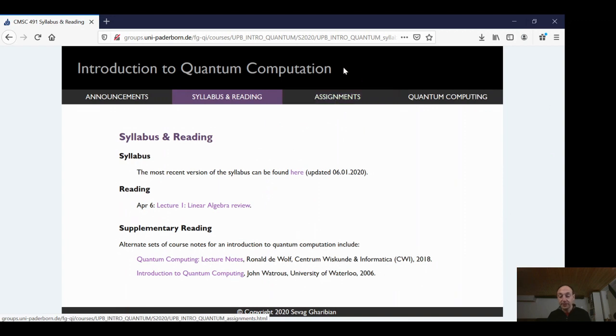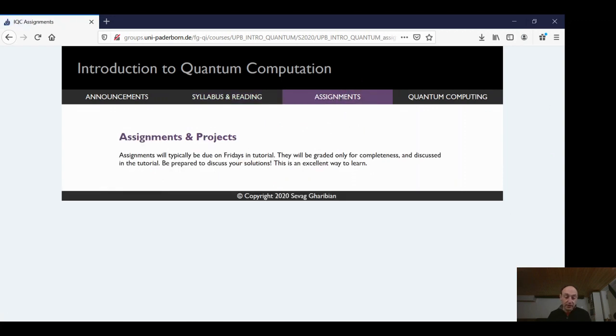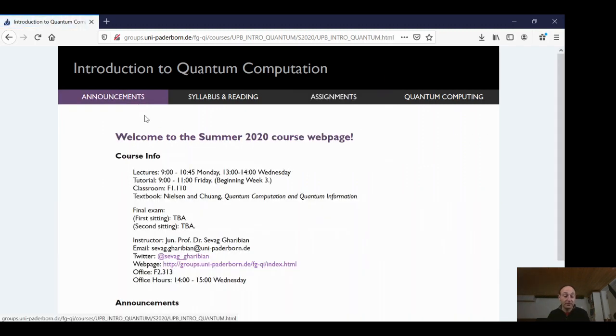So back to the course website quickly. Up here, there's an assignments tab. You can click on it. Normally assignments will be due Fridays in tutorial, which would be in person. Instead, I'm going to have to figure out whether we want to do this through Panda or just emailing me directly. And like I said, we're only going to grade for completeness. We will discuss the solutions in the next tutorial. Obviously, you shouldn't be prepared to discuss your solutions because we can't do that right now in person. That's it, so that's the course webpage. If you have any more questions about it, again, post to the Panda group, and secondly, email me. Otherwise, I think we can begin the content for today's lecture.